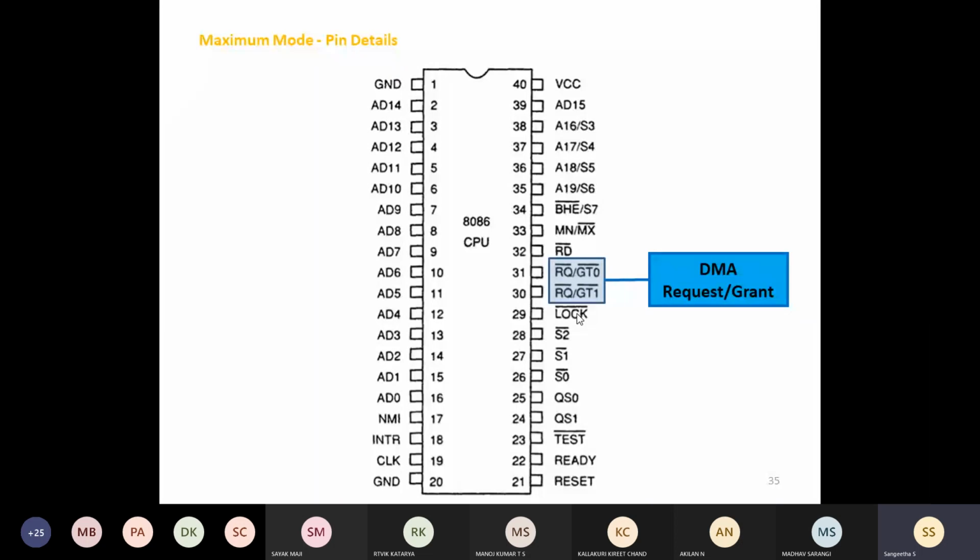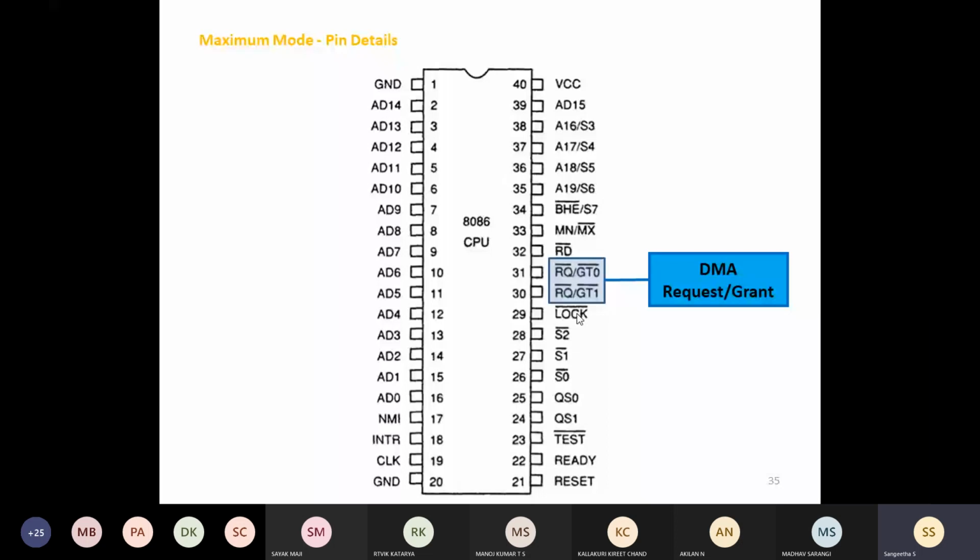These pins, when they send a request, force the processor to release whatever buses it has and end that particular bus cycle. Granting is nothing but accepting those requests, releasing the local buses and ending that particular process. For these operations, you require this pin. When RQ is low, it indicates a request is sent, and similarly the grant is received. So you have 0 as suffix and 1 is there.